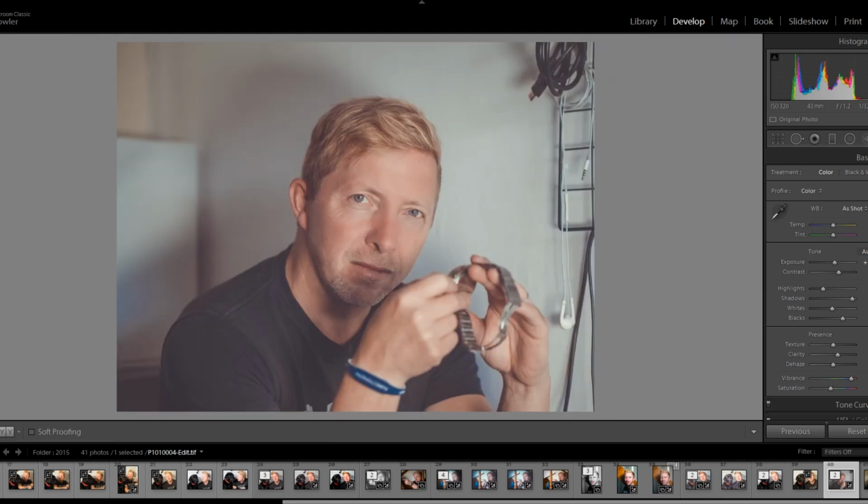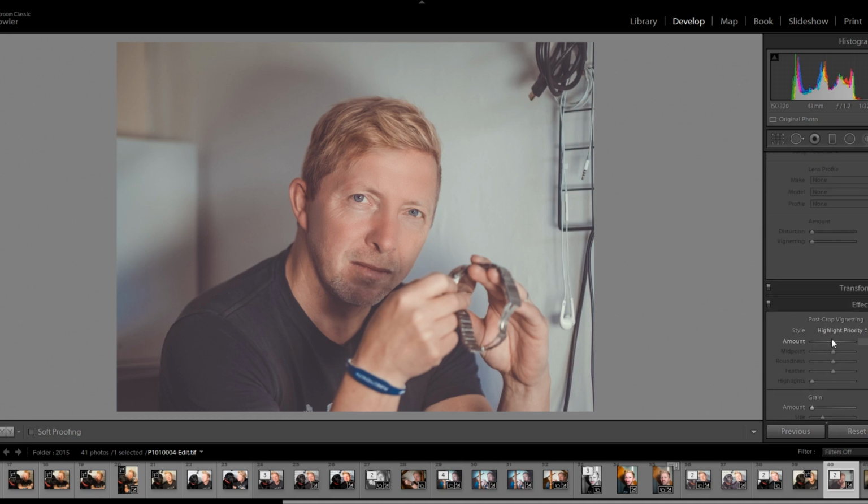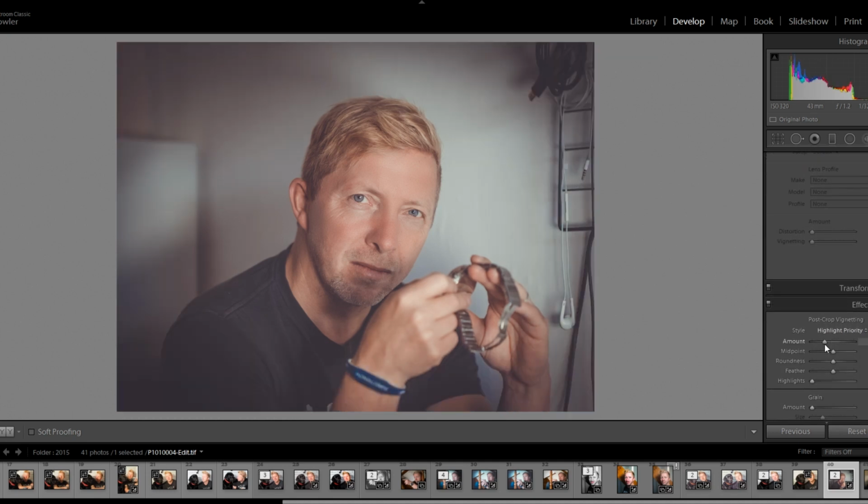And then we'll add a bit of a vignette on this, just to focus the attention on this model. And then if we do a side by side,